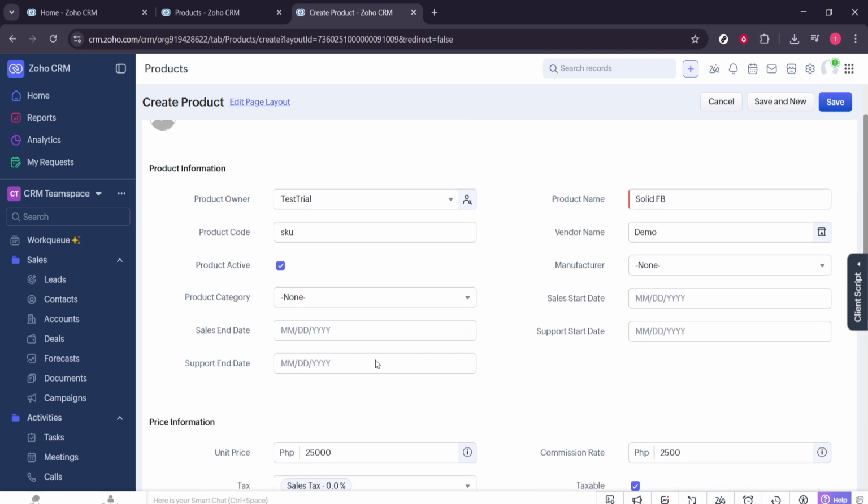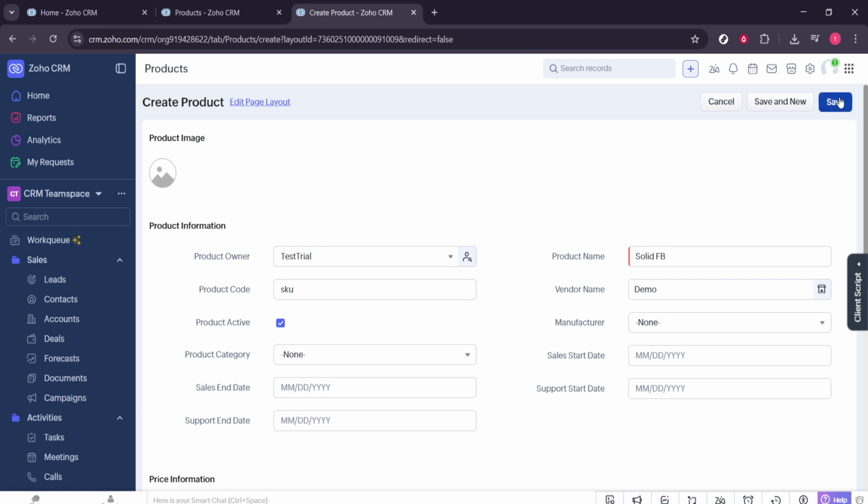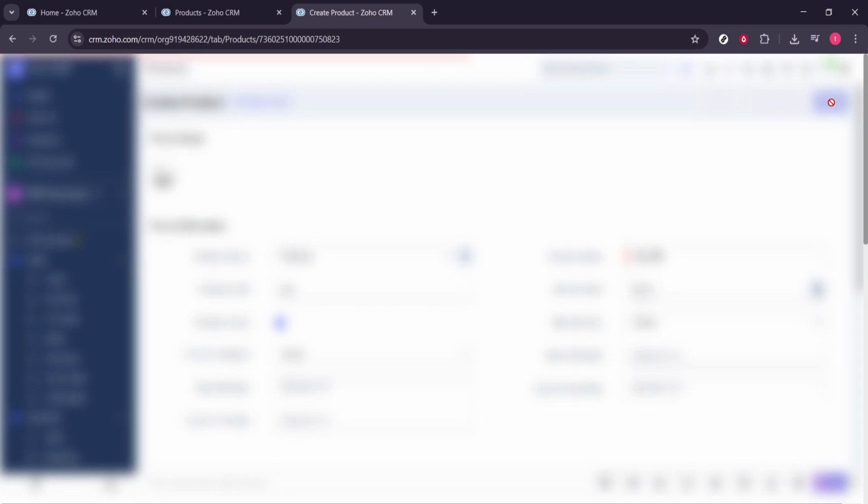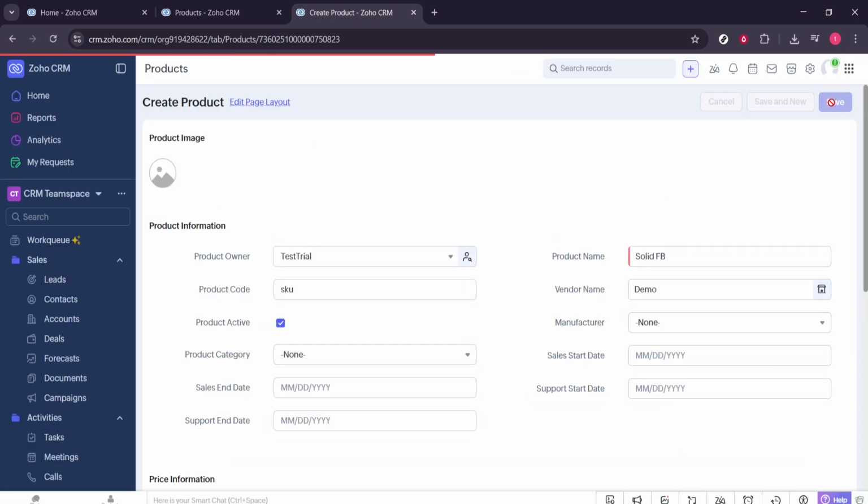When everything looks good, click Save. You'll be taken back to the product record where you can review the details and make quick edits if needed. That's it. Your product is now created in Zoho CRM, complete with ownership, pricing, vendor linkage, and the essential